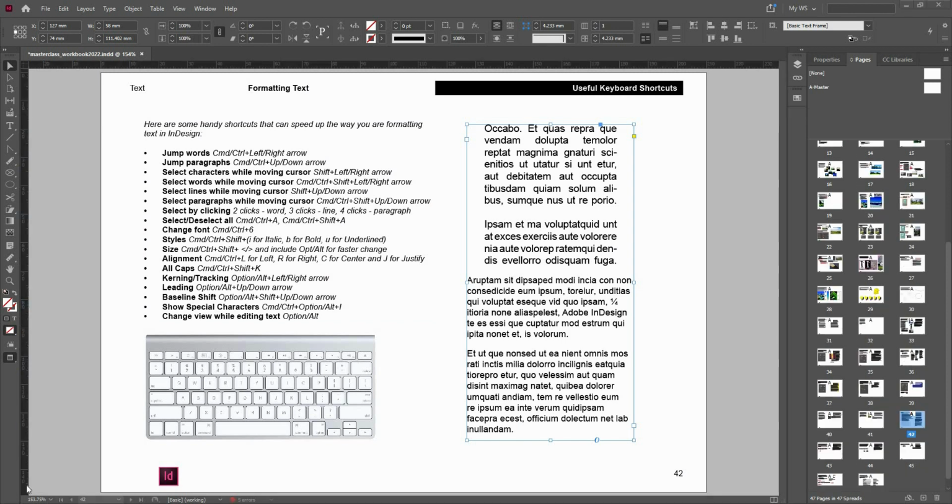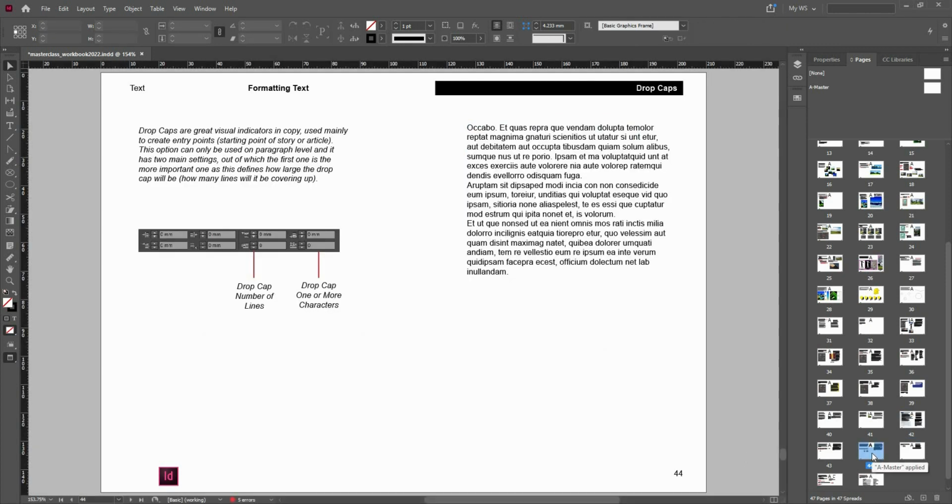As a designer, your task is to make sure that the text is easy to read, and the way you navigate your viewers through the copy is by adding entry points. These are visually distinguished points where the reader can immediately start reading the copy, and a great example of an entry point would be a drop cap. This is a feature that InDesign is really strong on, and you can customize drop caps very quickly and easily. All you have to do is double click within the paragraph